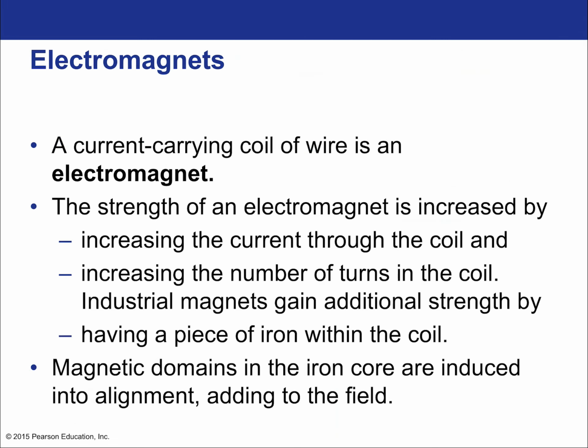All right. So electromagnets, well, a current carrying coil of wire is always an electromagnet. Every current carrying wire creates a magnetic field. Sometimes that's undesirable. In a lot of electronics, you have to deal with that magnetic field that's being created. You have to realize that it's going to affect your circuit. It can mess with your results if you're trying to do a careful experiment.